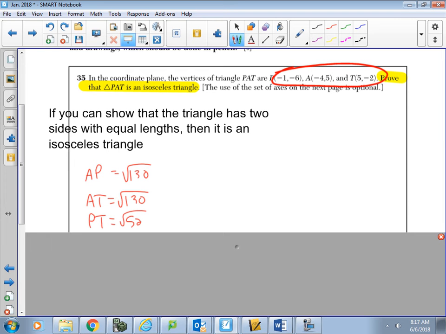So since AP is equal to AT, the triangle